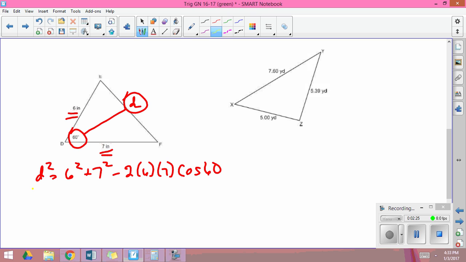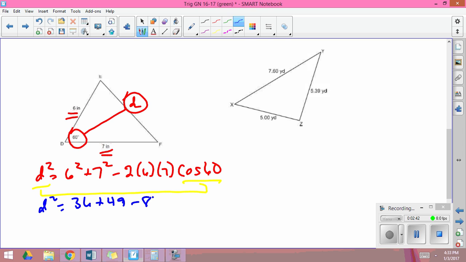And again, notice I started with the side and its angle. So being very careful with our algebra, we are going to have d squared is equal to 36 plus 49